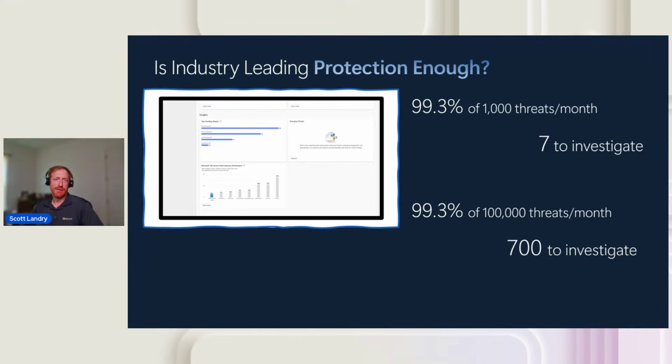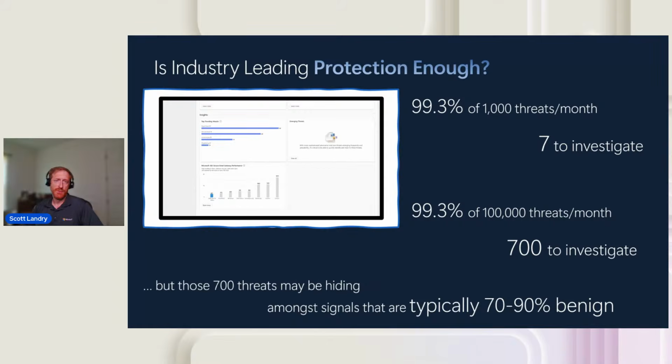Let's say the scale increases by 100. This already starts to look kind of scary, right? 700 potentially to investigate each month. But wait, there's more, because those actual 700 threats are going to be hiding among signals that are typically somewhere between 70 to 90% benign. That means you're going to be looking at thousands, maybe even tens of thousands of alerts, messages, things that